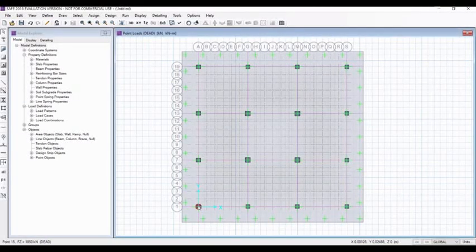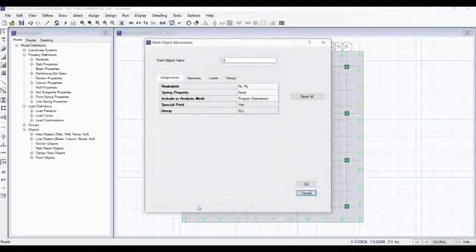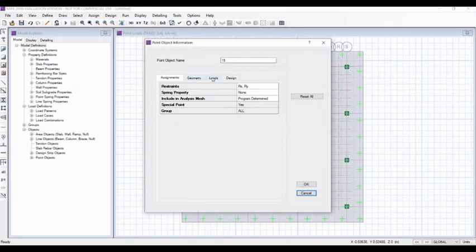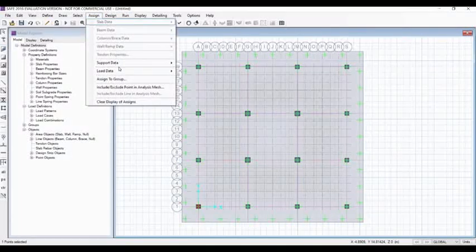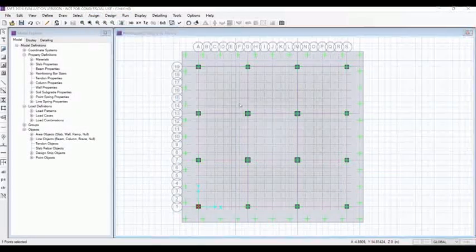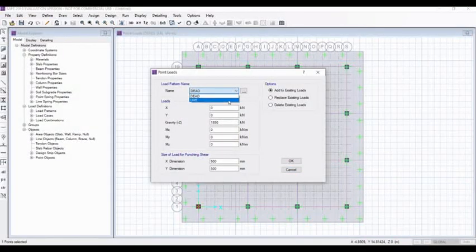And similarly again, we can check here the load, just right clicking here, it's given dead load, and live load is not given, so we'll again make it live load. Just select the point, check the selection here, go to assign, load data, point loads, and change here to live.